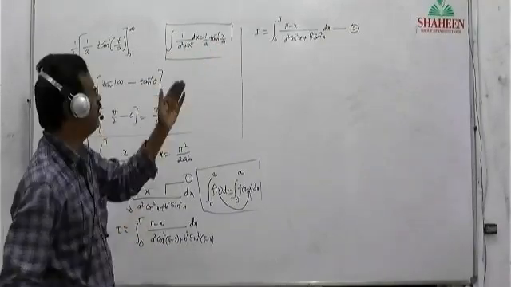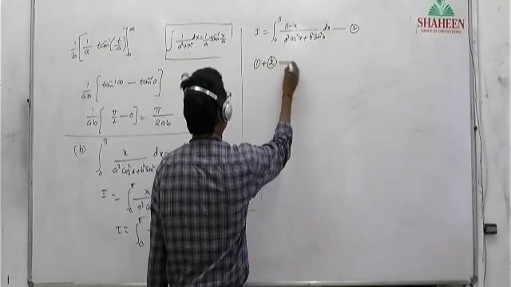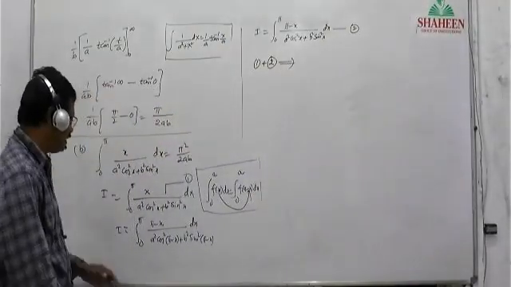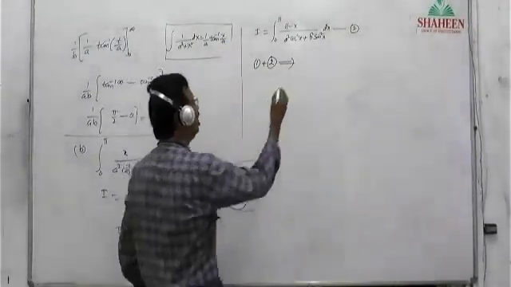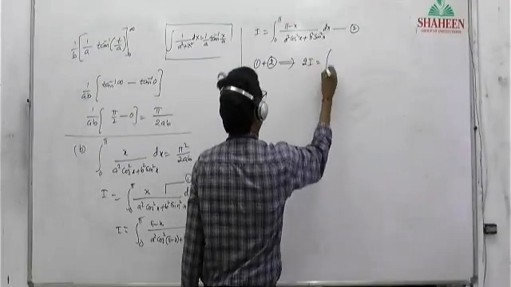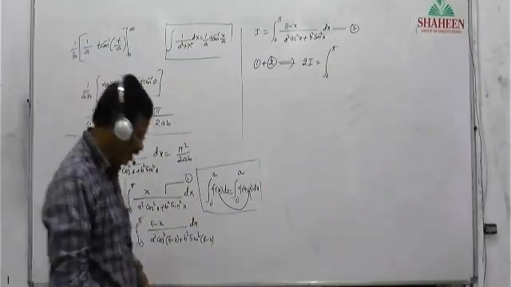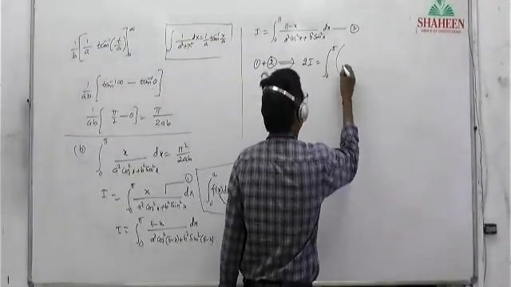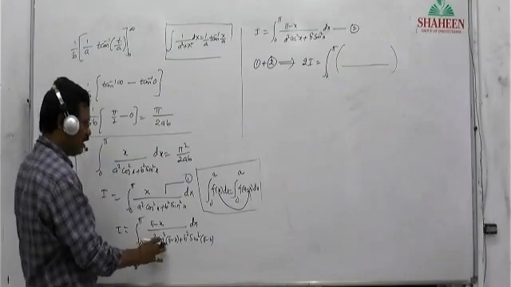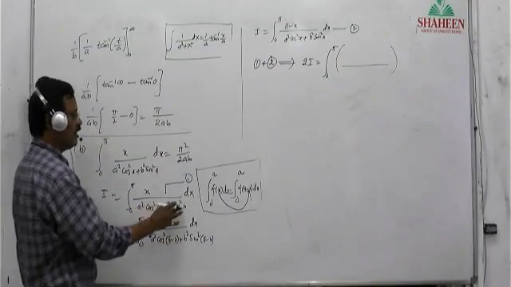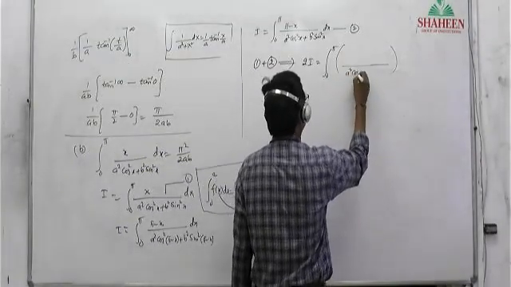Let us see the sum of these two. 1 plus 2 implies, by adding these two, what do we get finally? This is I, equation 1, I plus I will be 2I. Integral, same limits, 0 to pi here and 0 to pi there, write only once. And what about the denominators? Both denominators are the same: a square cos square plus b square sin square.